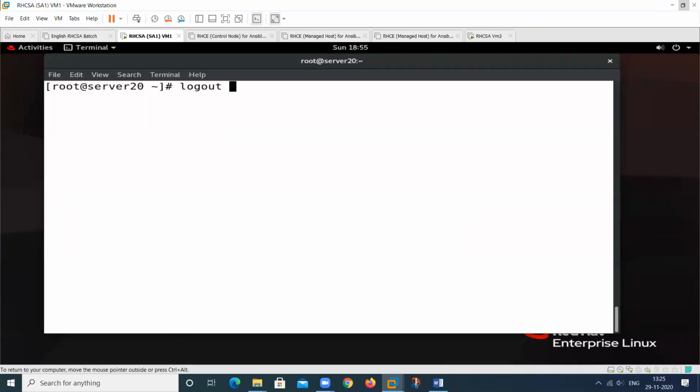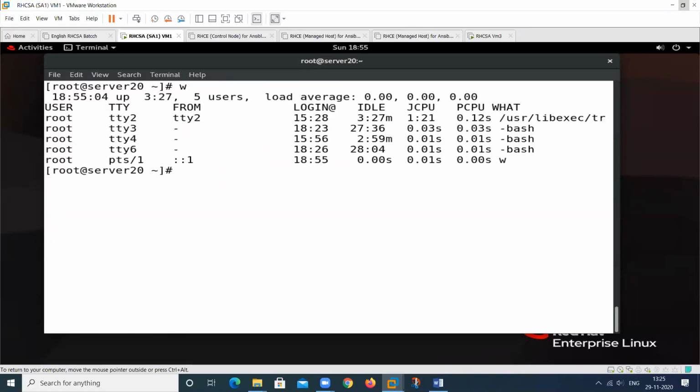So this will show me the information about this one. This is my PTS1. Here we log in remotely. It means it's a remote login, not a local login. Local is indicated by this particular one, and remote login is indicated by this one. So this is the IP address of localhost for IP version 6.